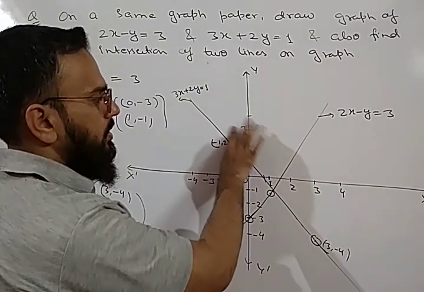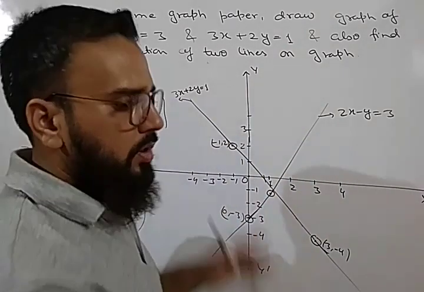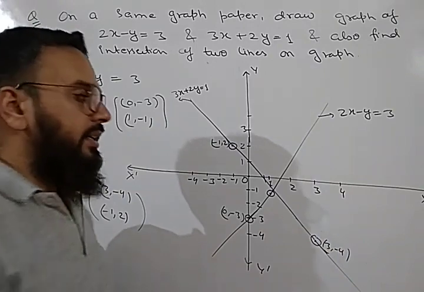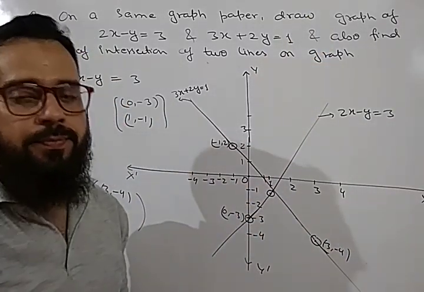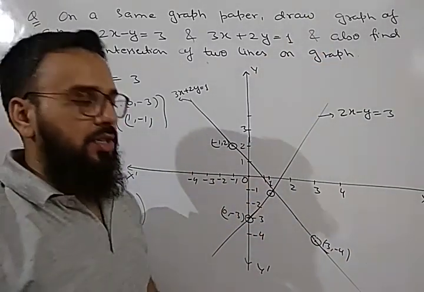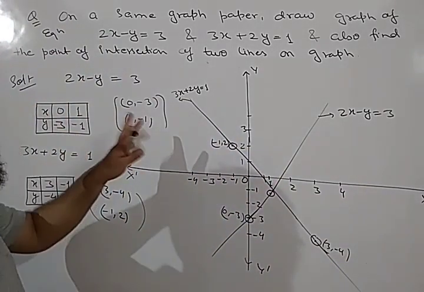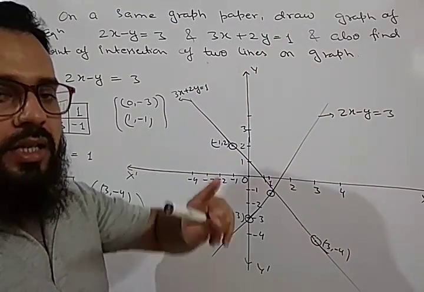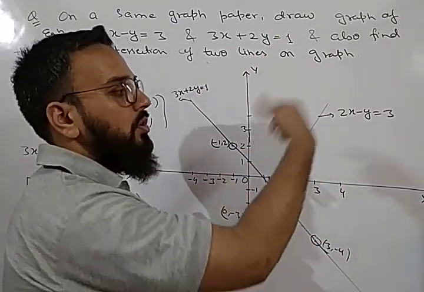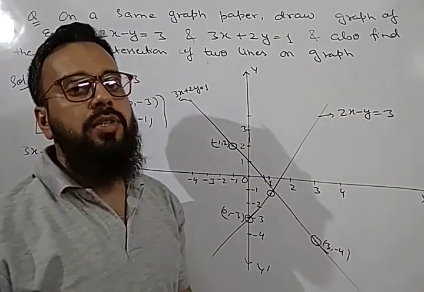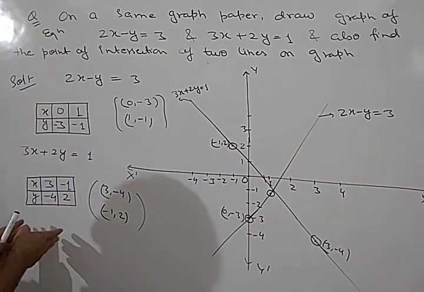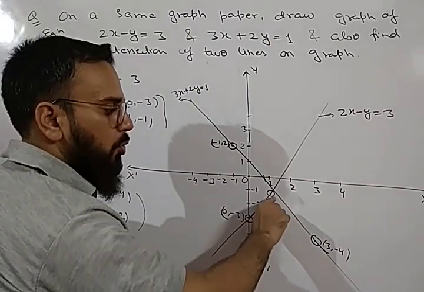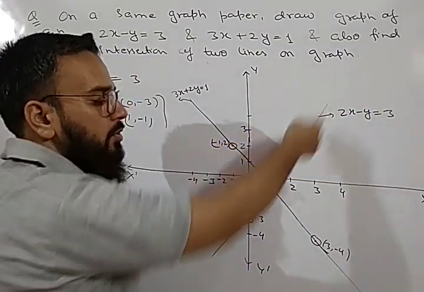The lines may not be straight on the board, but when you draw these lines on graph paper, then exactly these will be straight lines, and you will get the point of intersection. First we have drawn the graph of both the lines. Okay, are you able to understand how to draw the graph? First thing is, you should be able to understand how to draw the graph of a given linear equation. So we have drawn the table of both the equations, and we have plotted the points, joined these 2 points and extended the line on both the sides.